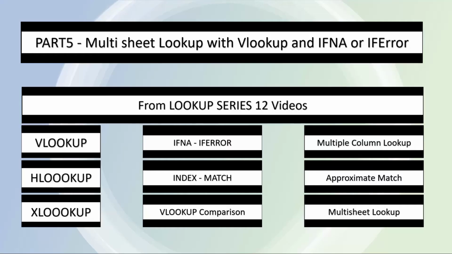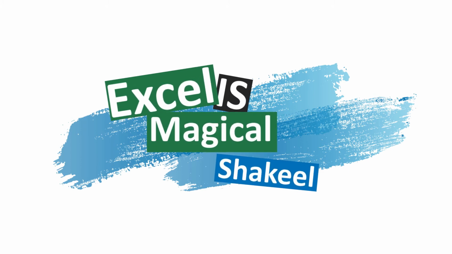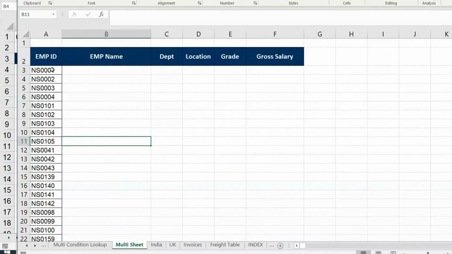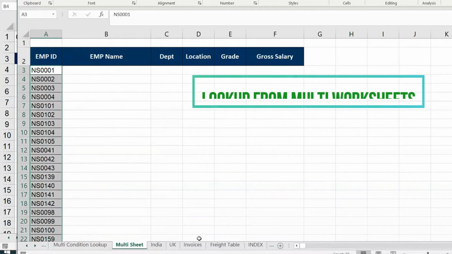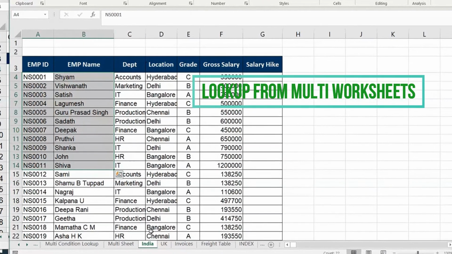Now let's understand this technique with an example in this video. Very simple data. This is the employee data I have got in India. In India, you see employee ID with their names. Forget about the other options.